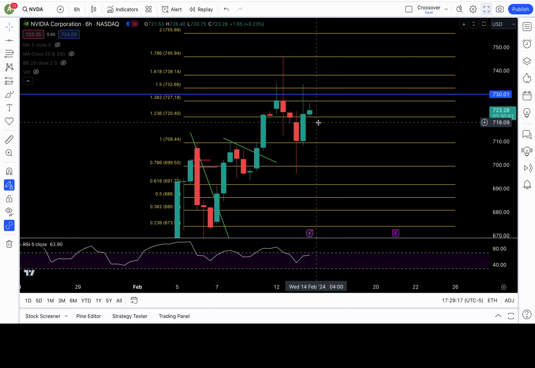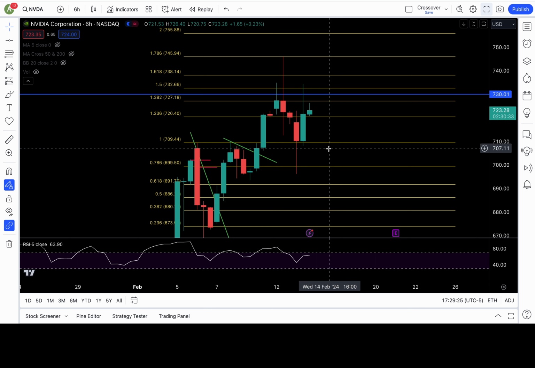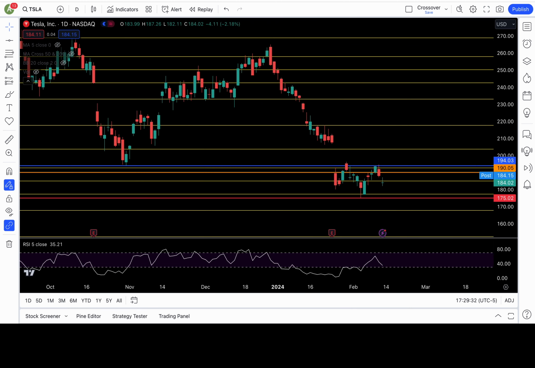I do have support at 719 and 717. If those levels fail, we could drop all the way back down to the 712ish to 709.4 zone. Below 709.4, I am favoring a deeper pullback to the downside. It's going to be bearish. All right. Tesla,